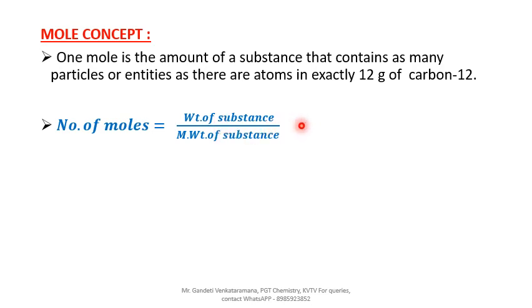That is the meaning. Sometimes the weight of the substance has to be calculated, and you will be given the number of moles and the molecular weight of the substance. Otherwise, the weight of the substance and the number of moles will be given, and we have to calculate the molecular weight of the substance. Whatever the criteria, number of moles equals weight of the substance divided by molecular weight of the substance. This is a very important formula. You should remember it. Clear? You should practice.